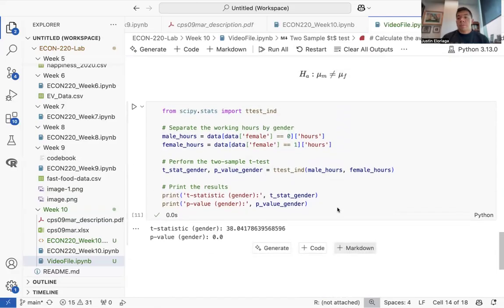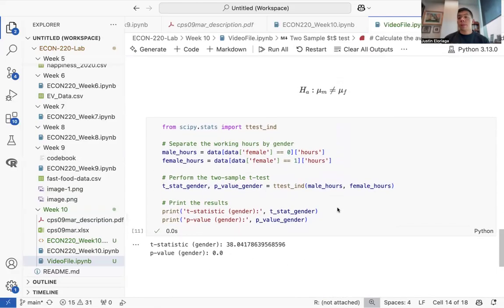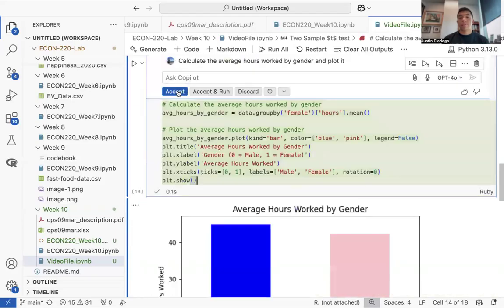So that's a simple way to run the two sample and the one sample t-test inside of Python. Quite simple, easy to